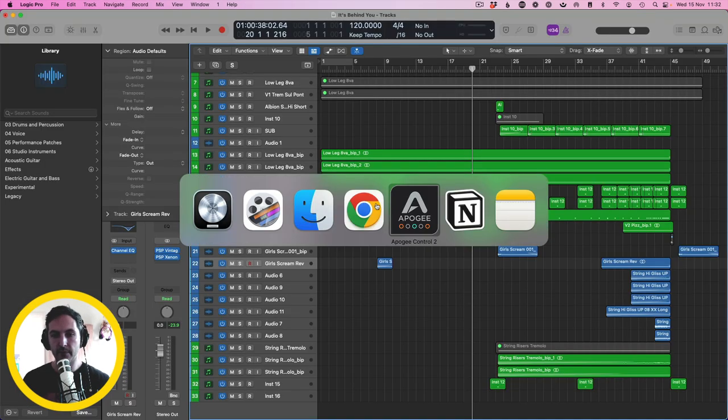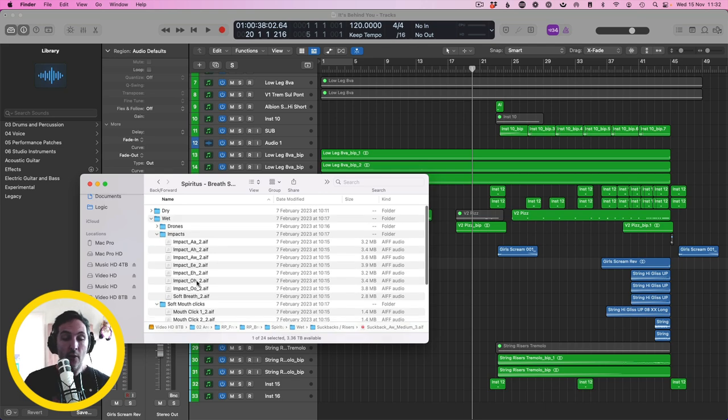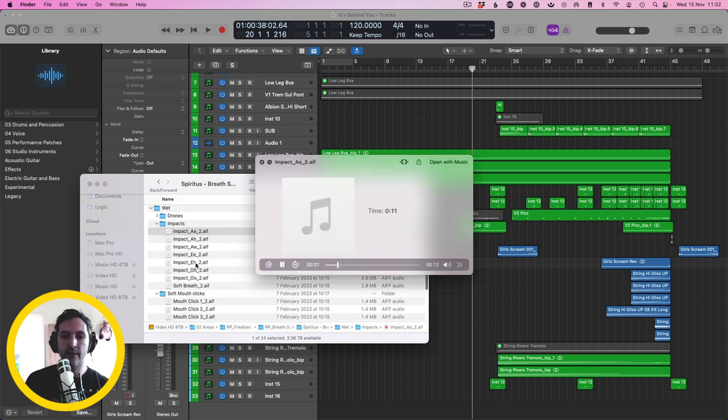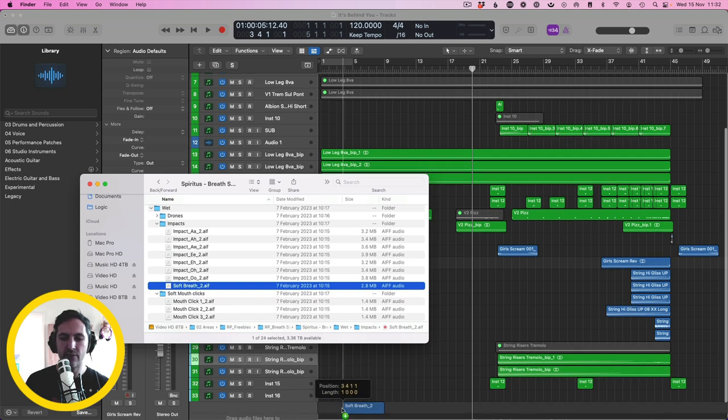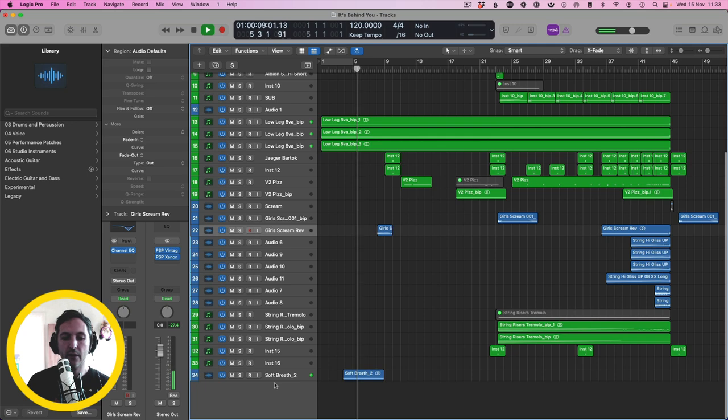So as part of my... one of the things I've produced is this Spiritus breath sample pack, which is kind of focused around that. Which you can just literally drag and drop, and it kind of brings in that kind of like creepy human